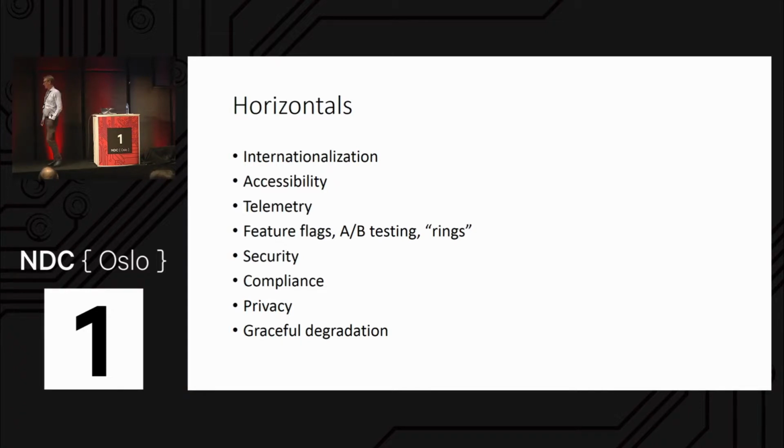Just arrived at internationalization. If you want to sell to government, you almost certainly have to do something about accessibility because it's a requirement. And if you're a decent human being, you will do something about accessibility even if you're not selling to government, because people actually need that to be able to use your product. If you want to know how many people are using your product, you might want to have some telemetry. If you want to find out why your program is crashing, you want telemetry, and so on and so forth.